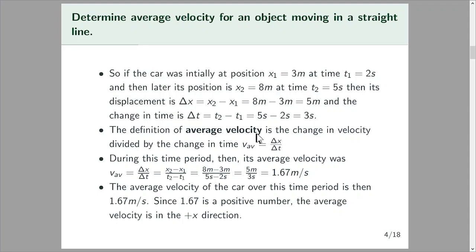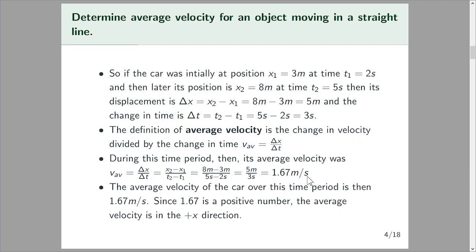We define the average velocity. That is to say, the definition of the average velocity is the change in an object's position divided by the change in time. So it's the displacement divided by the time change, right? How long it took to travel that distance. During this time period, its average velocity, v average, which is delta x over delta t, is x2 minus x1 over t2 minus t1. This is 8 meters minus 3 meters over 5 seconds minus 2 seconds, or 5 meters over 3 seconds,